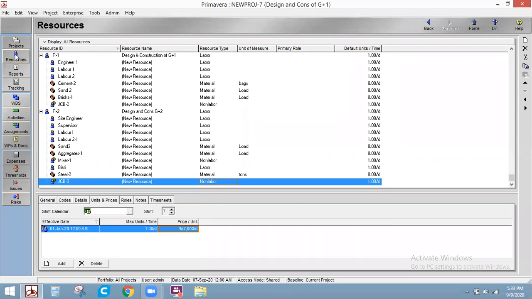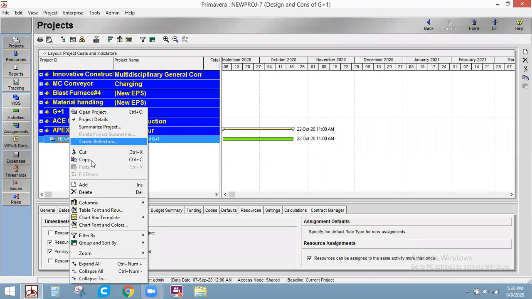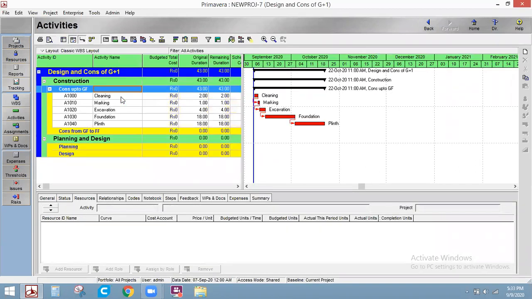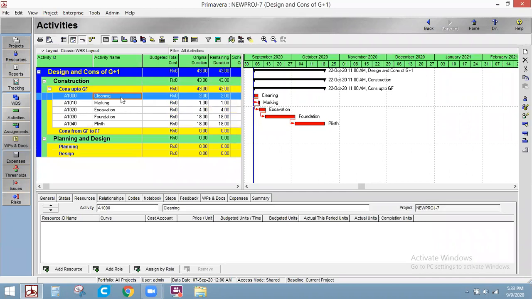Now we'll move to the projects. I have some of the activities here. See what we have done: we have defined the resources and we have organized the resources.